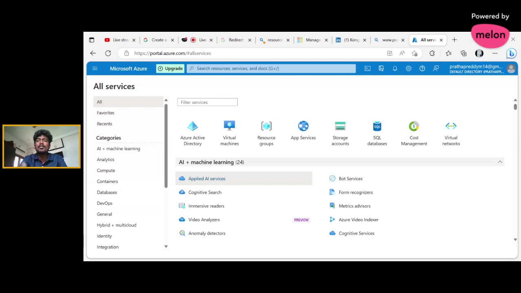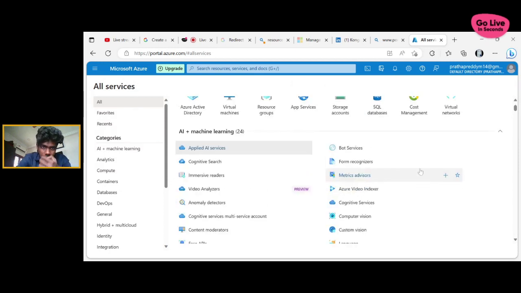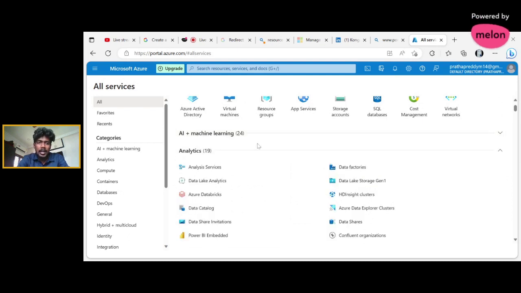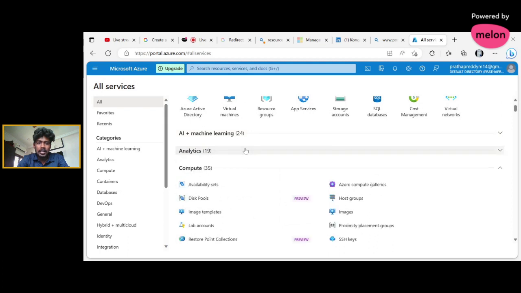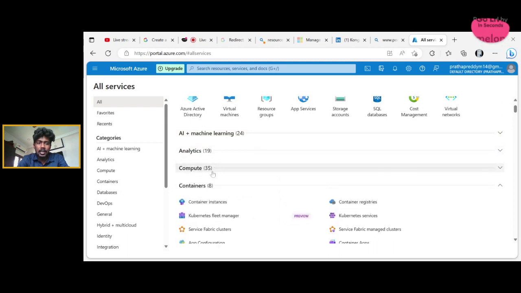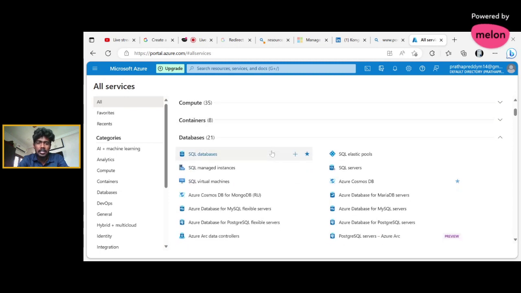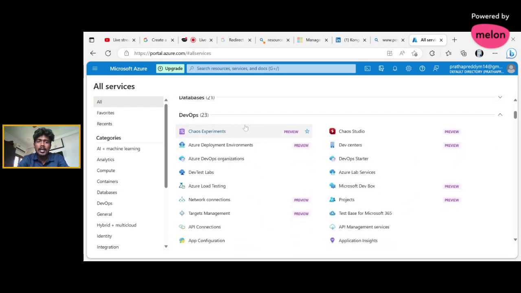So we have to enable resources. Let's see what services we have. Artificial intelligence and machine learning has 24 services, analytics has 19, computing has 35, and containers has 8. The databases are 21, including SQL databases and SQL elastic pools. DevOps has